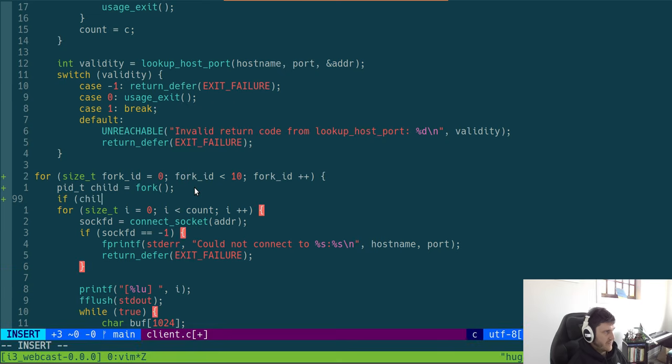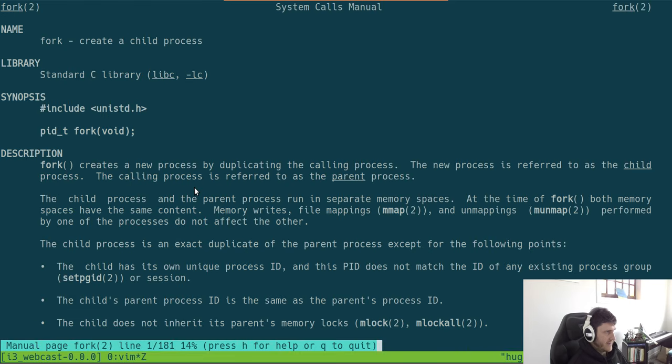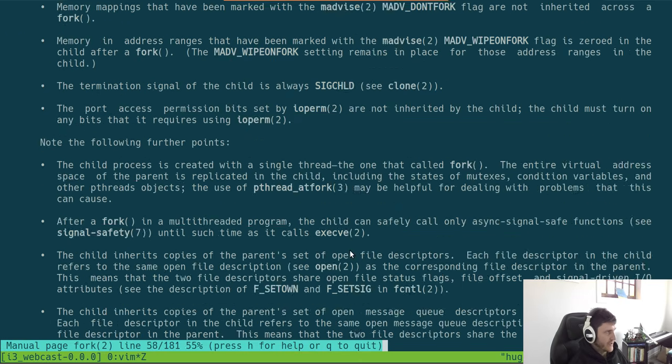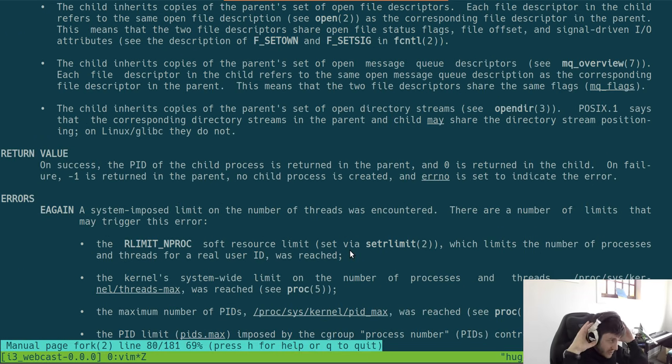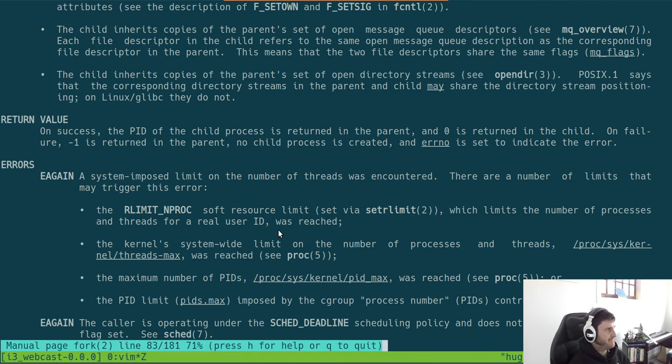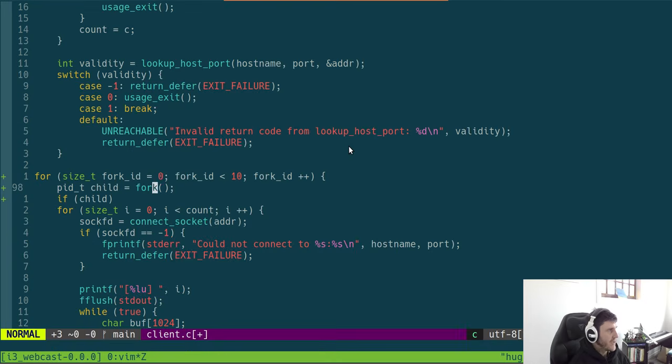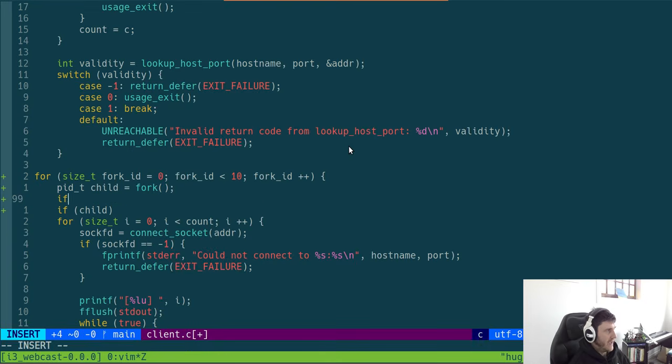So if we have some values, so fork is going to do a few things. We're basically trying to do multitasking now. See if that helps it. So fork process of the child is returned to the parent, and 0 is returned to the child, and -1 on the error. So I think if child is less, well,